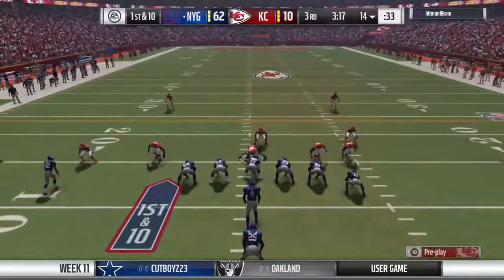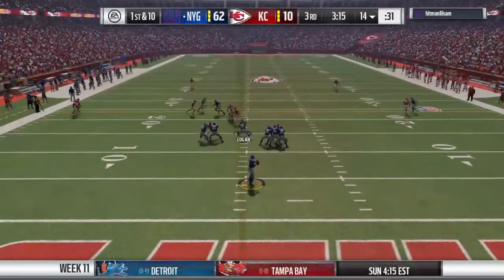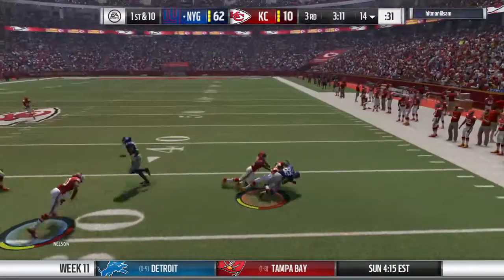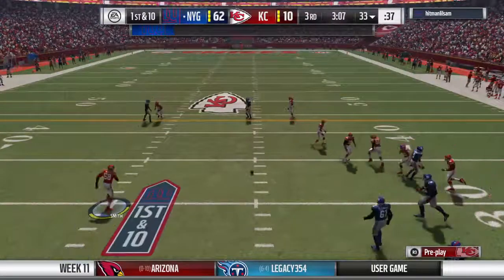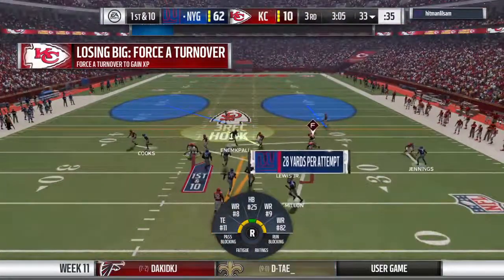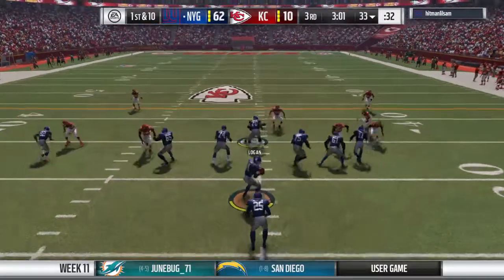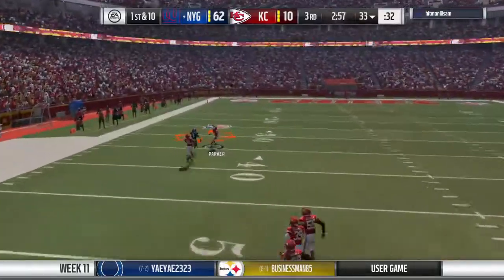Can't wait to see how it alters what they decide to do in play calling. Do they continue to throw the ball? Do they want to lean more on the running game? It'll be an interesting sequence of plays that they've got coming up. Does it often affect the play calling with the interception? How much does that change what you do? I think it does depending on why the interception was thrown. Sometimes it's just a matter of the defense made a great play, so you continue to come back. But if it's on you...